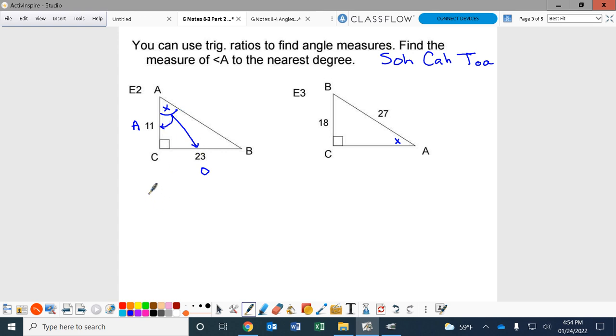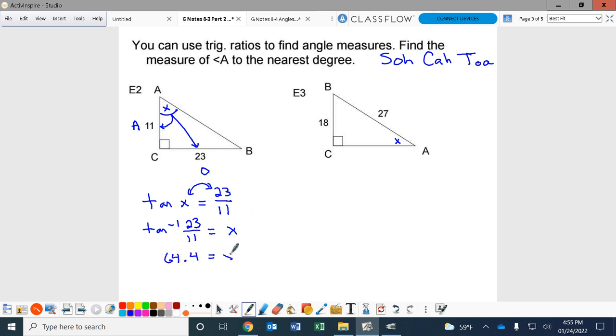So that's going to be tangent of X is equal to the opposite side, 23, over the adjacent side, which is 11. Whenever you have an X that is on this side that's an angle, you're going to rewrite it as tan -1. And you're going to switch the X with a fraction over here. So it's going to be tan -1 of 23 over 11 equals X. So to type this on the calculator, you would type 23, fraction button 11, second tangent. That gives us 64.4